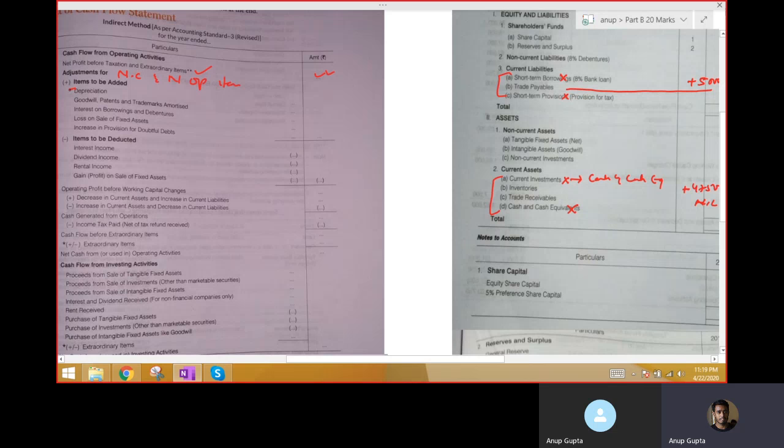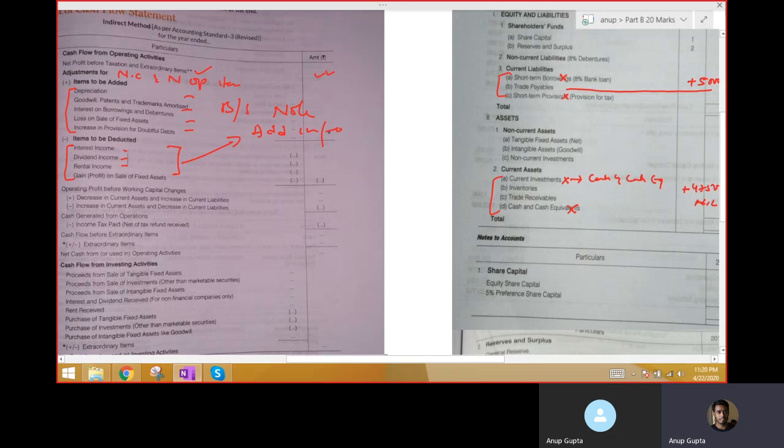Why these items will be added and why these items will be subtracted, I have explained before. So you look for all these amounts in the balance sheet. Either it will be in the balance sheet, or in the notes, or in additional info. Either of the three, this information will be hidden. You search for it and then you do the adjustment. It's not necessary that all the items will be given. Either some of the items will be given, or sometimes no items will be given. In that case, don't worry, no need to write that amount.